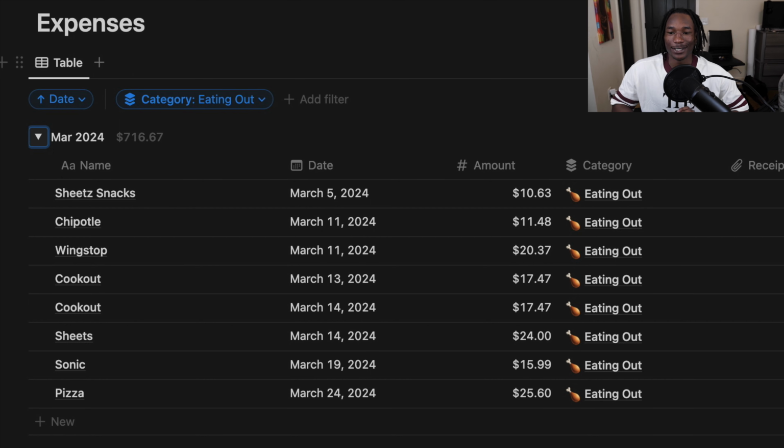Now, I have allocated $150 for eating out. That may be a little too much, but that's where I'm at right now. And as you can see, I definitely be using it. And sometimes, if I go to Sheetz and I get some actual food, I will consider it eating out just because I got some actual food. But as y'all can see,